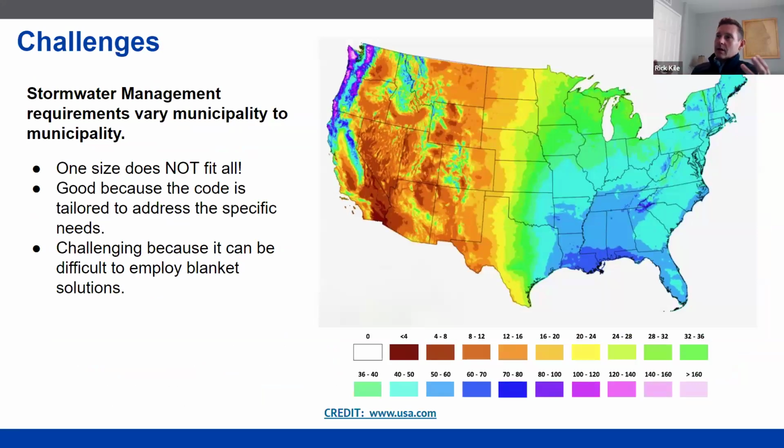Another challenge that's kind of unique to the United States, just because of the expanse and the size of the country, is how different municipalities handle stormwater, and rightfully so, because Seattle, Portland, and the Pacific Northwest have very different rainfall, very different stormwater challenges than the desert Southwest, than perhaps the Southeast, or the Northeast. And so we have significantly different climate regions across the United States, different levels of precipitation, and then how we